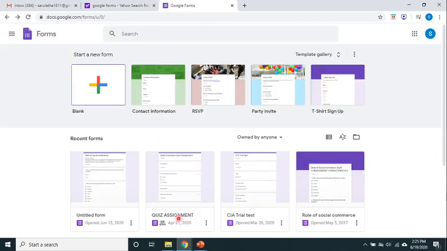This is the home page of the Google Form. I have signed in with my own personal Gmail ID with a Google account. So you can also use your personal Gmail ID here. It gives me the templates and any other recent forms that I have used here. And here it shows me the blank option. So any new forms can be created by clicking this blank option. So I click on blank.